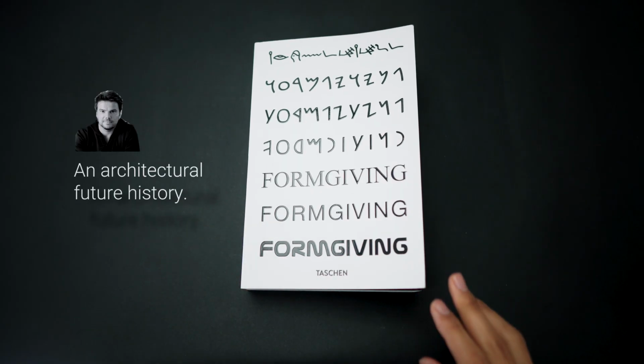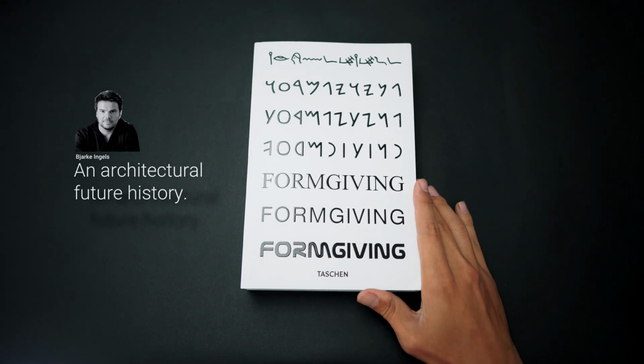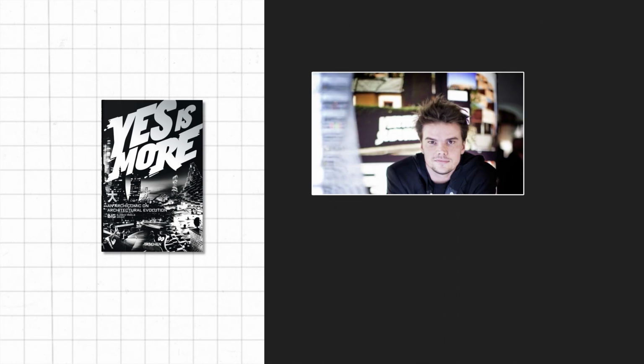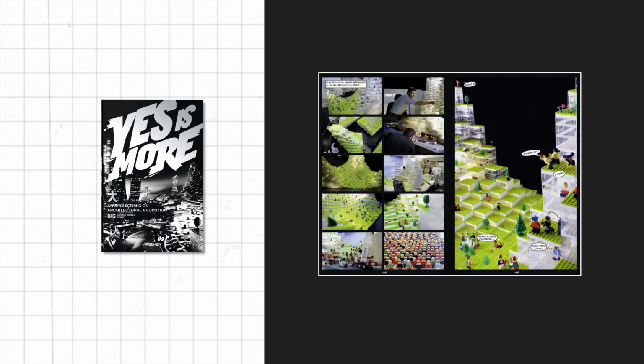Formgiving, an architectural future history, is the third book done by Big. Released at the end of 2020, it ends a trilogy of 3 books published in the last decade. The first one, Yes is More, launched Bjarke Ingels into the Starchitect level with a comic book manifesto, wanting to